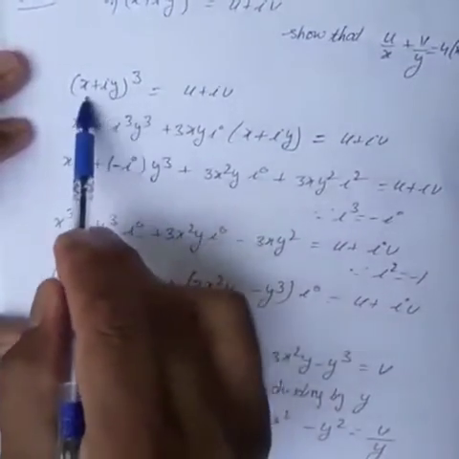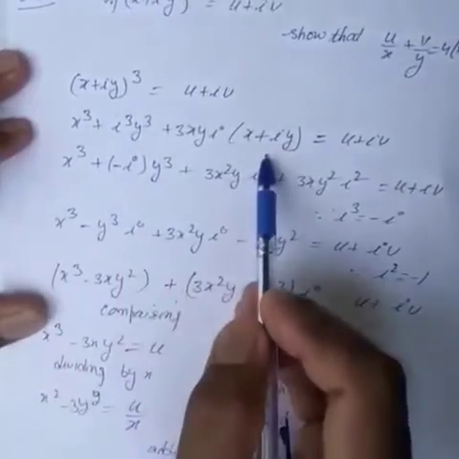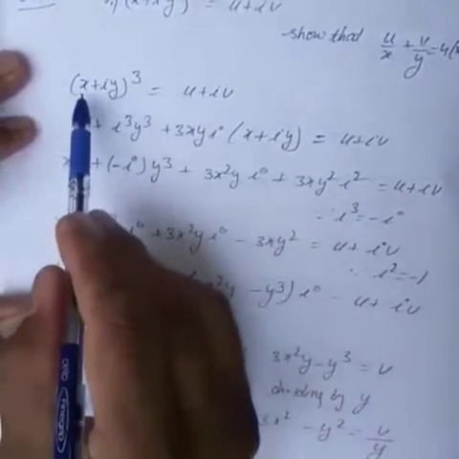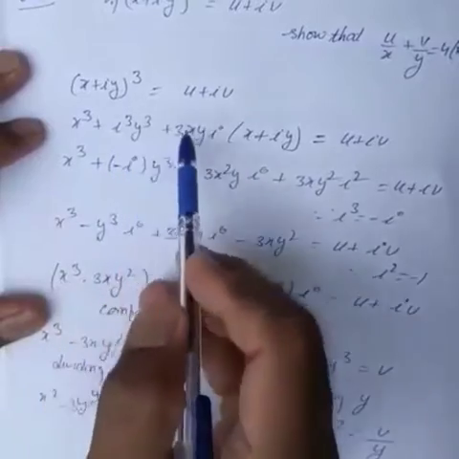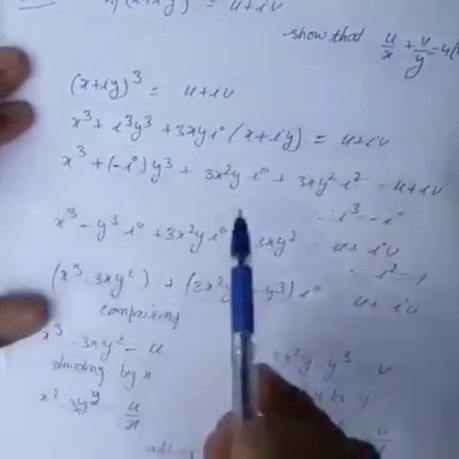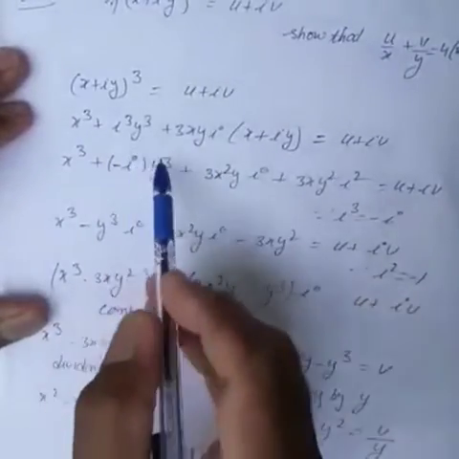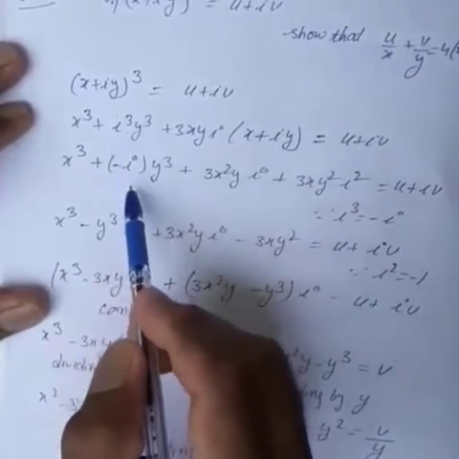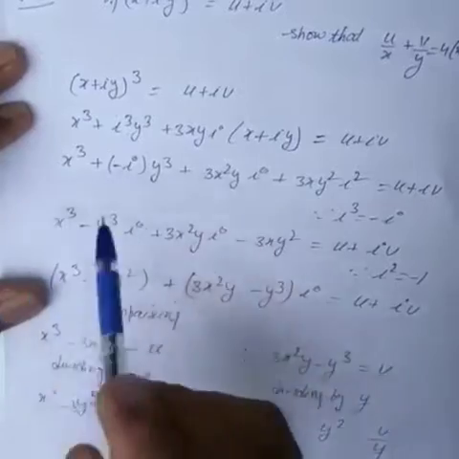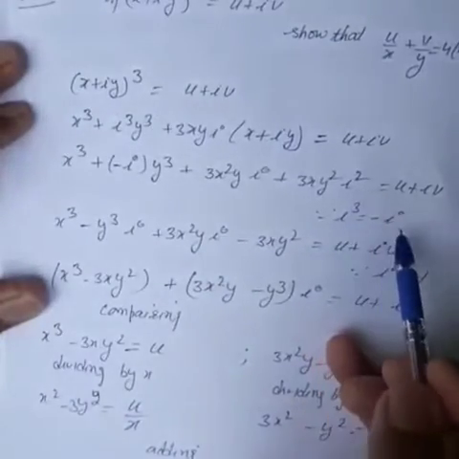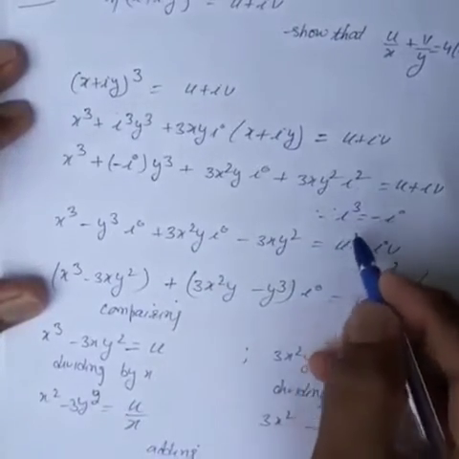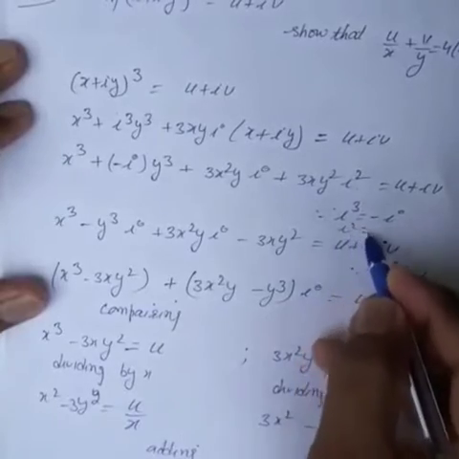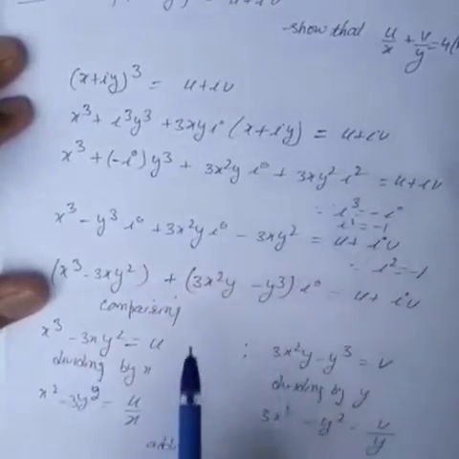So before comparing you have to write this complex number in the standard form. So expand the cube. This is the expansion of the cube using the identity a cube plus b cube plus 3ab into (a plus b). Then multiply and change the values. We know the value of iota cube is minus iota. The value of iota square is minus 1. So we can substitute both values, putting these values in this equation.